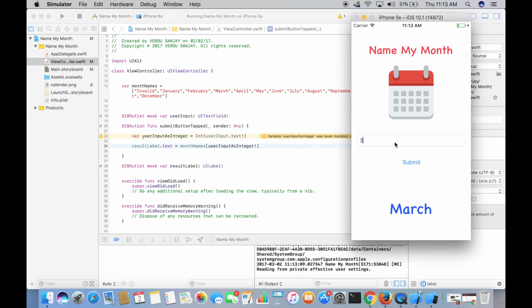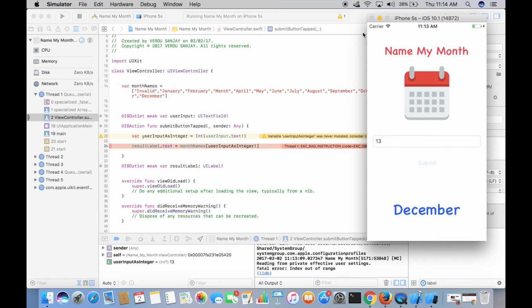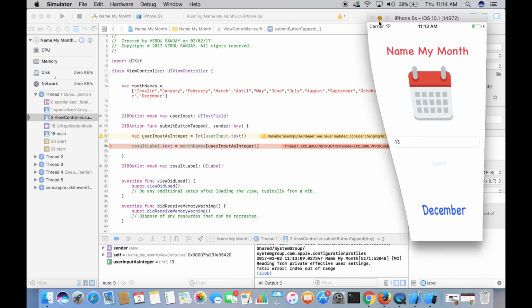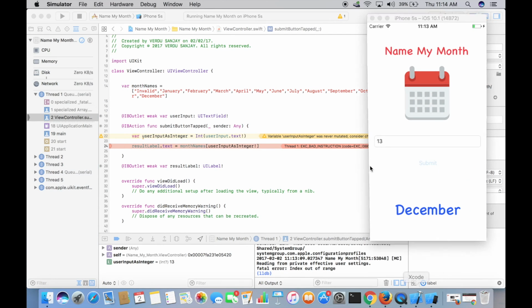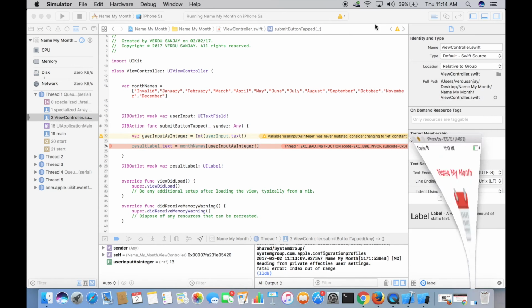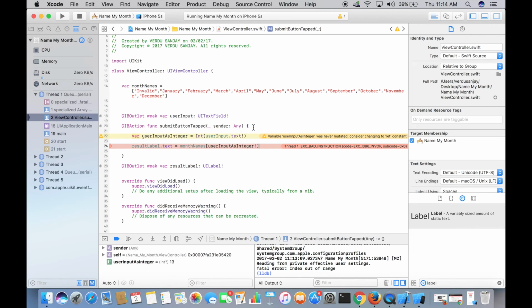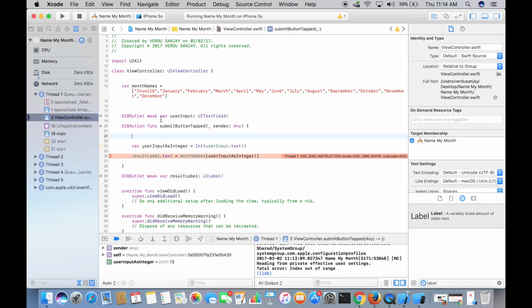Great, guys. Now let's type in 12, and December. What if the user types in 13? And there you go, we have got an error. The error is because we have asked for an array position of 13, which doesn't exist right here. Our array exists only till 12, and here we have asked for 13. So that's the reason we have got the error. So how to get rid of this? All we're going to say is, now, maybe here,